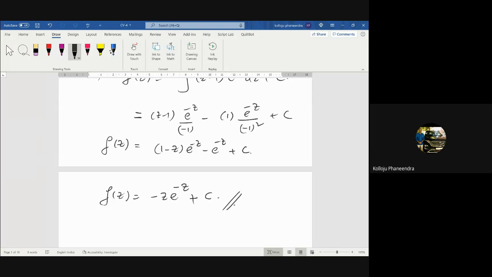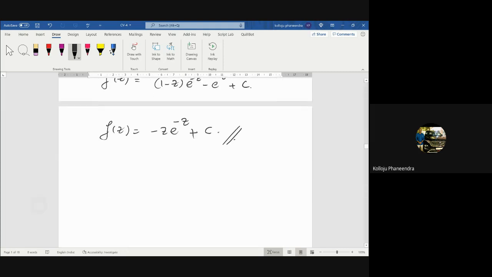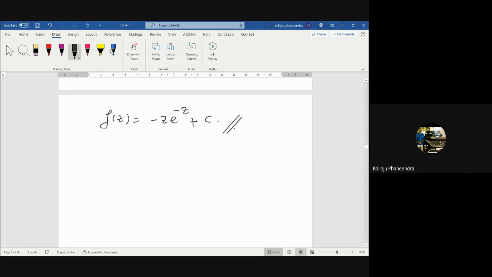Okay, this is about the real part and imaginary part technique. Real part and imaginary part: when u is given, how to find f of z, and when v is given, how to find f of z. Now based on this, you find the assignment: find the analytic function